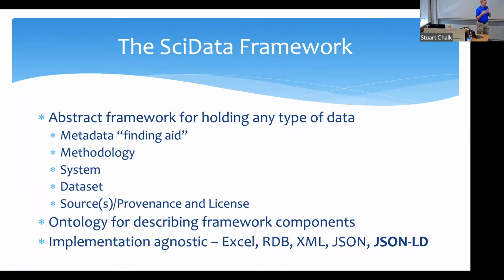And we also need some other information in there. The finding aid. So this is metadata about the overall packet of information. Whereas methodology and system are kind of metadata for the data set, the finding aid is kind of like pulling out the most important metadata from the whole thing, so that we have a way to find this information, assuming there is a huge corpus of information that can be found. And then, of course, we need to have unique identifiers to be able to deal with that too.